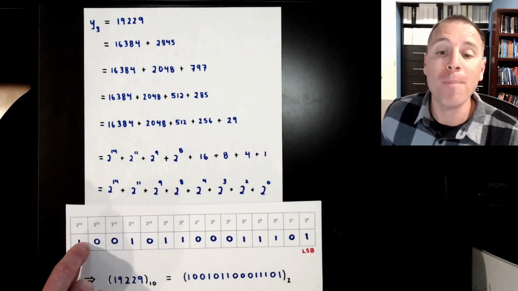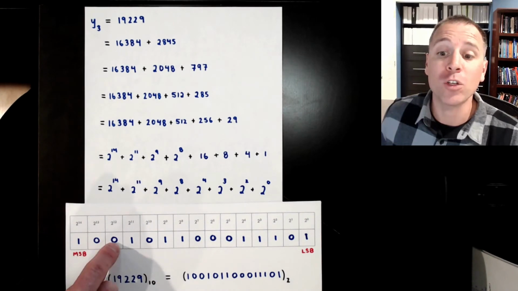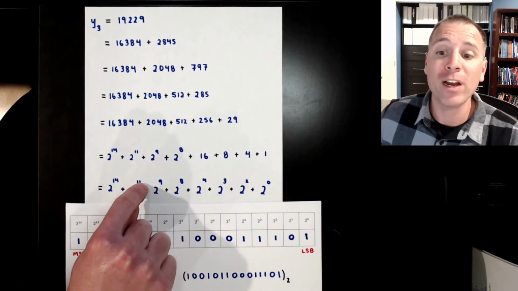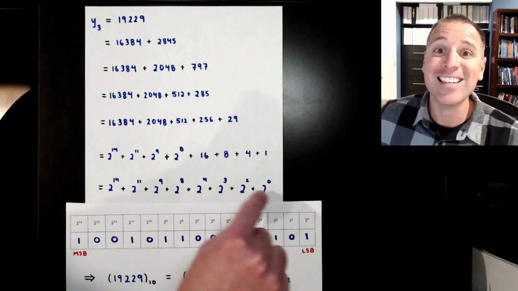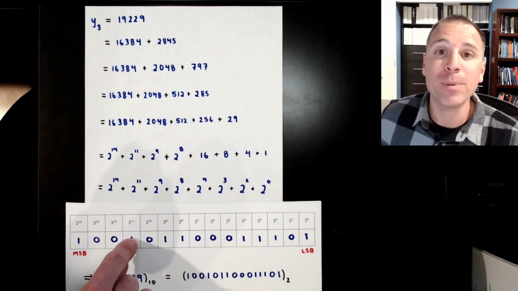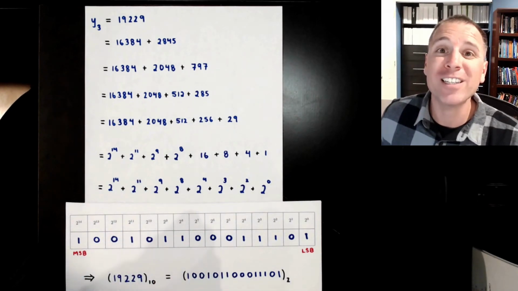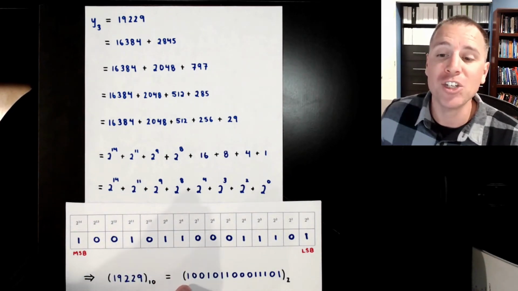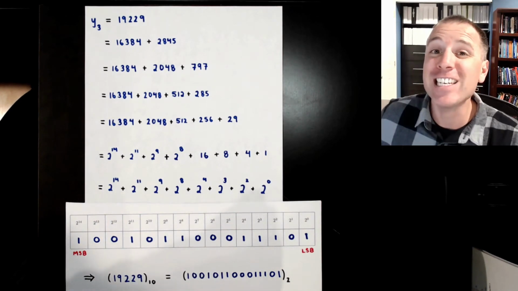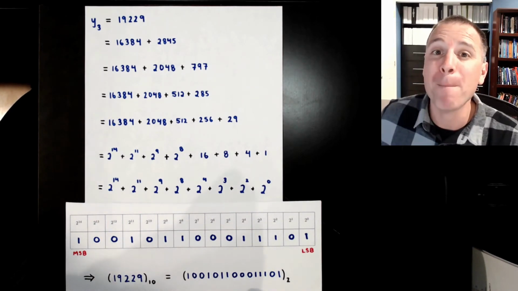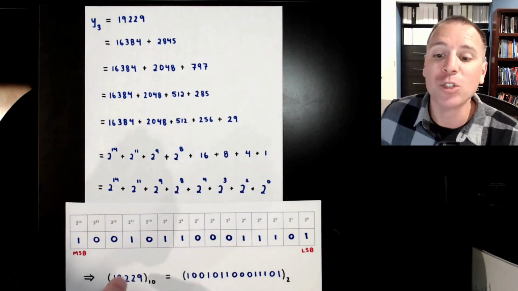We know that one power of 2 to the 14th shows up, none of 2 to the 13th to 2 to the 12th, and then literally everywhere where one of these powers shows up in this sum, a 1 is going to be placed in the appropriate space in the value box. All powers that do not show up are going to have zeros, which leads to our binary representation given by this 15-bit string of binary digits, which is actually our binary representation of this decimal number.